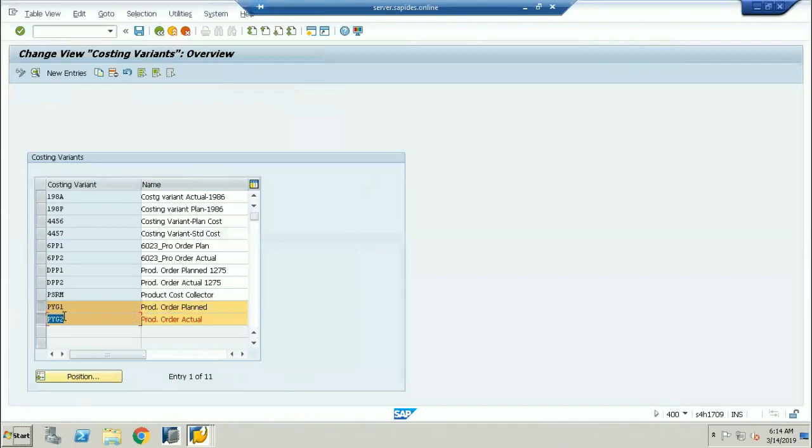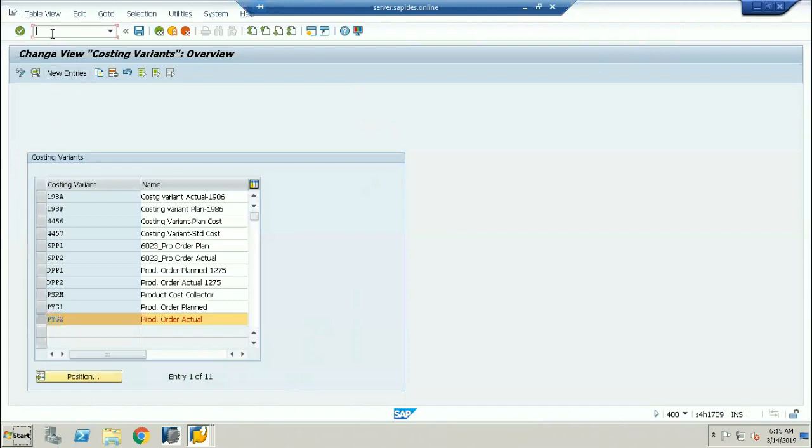Actuals are used once your cost estimation has been successfully completed. Before the goods are shipped, once your goods have been manufactured, I do the cost estimation. Goods shipped means the cost of goods sold is posted against the cost of goods manufactured, through the change in finished goods inventory account. So before the goods are shipped, I do the cost estimation. This is what we call an actual cost estimation.